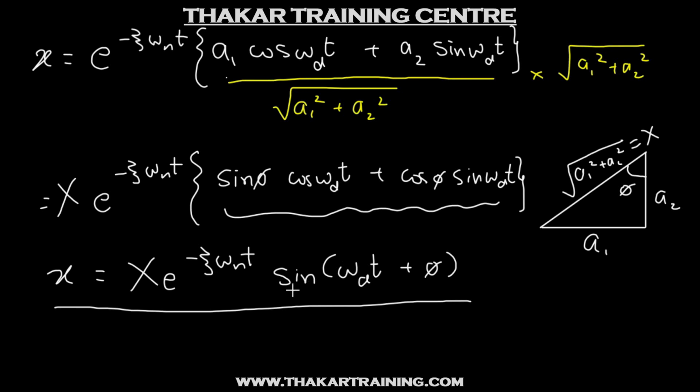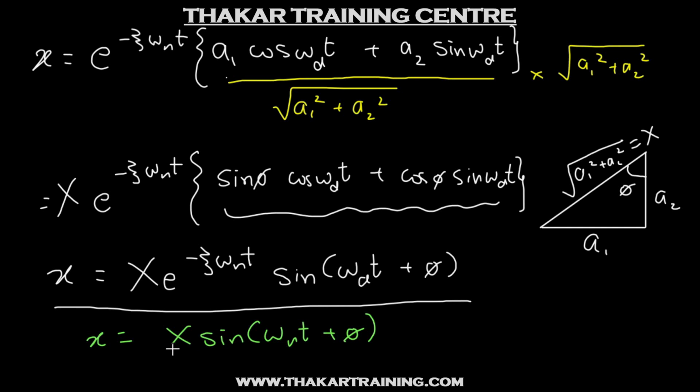So what we understand is the presence of the sine term implies that there is an oscillatory motion. And what is happening is the amplitude of vibration. So if you compare it with the solution of a free undamped system, the free undamped system looks something like this. Now we can nicely compare the two solutions. The free undamped system vibrates with the frequency of omega n, whereas this is going to be vibrating with the frequency of omega d.